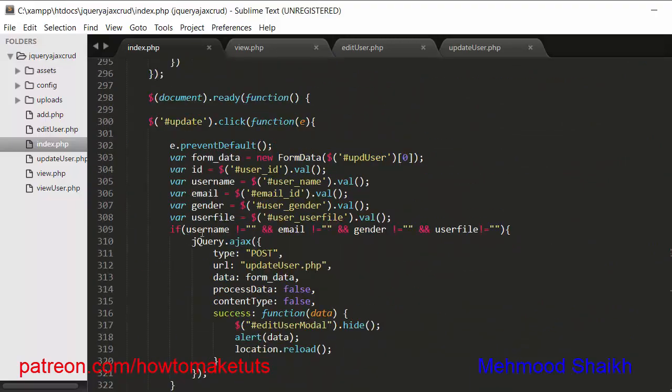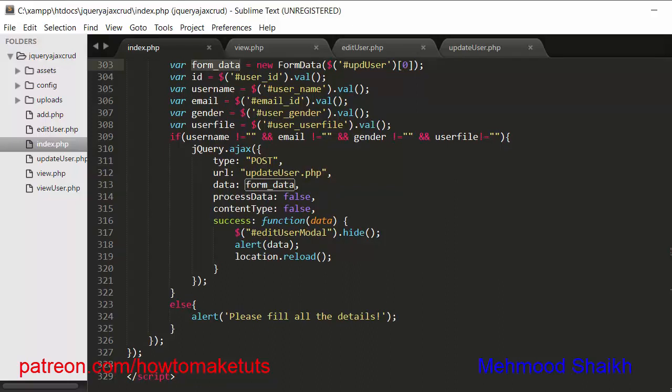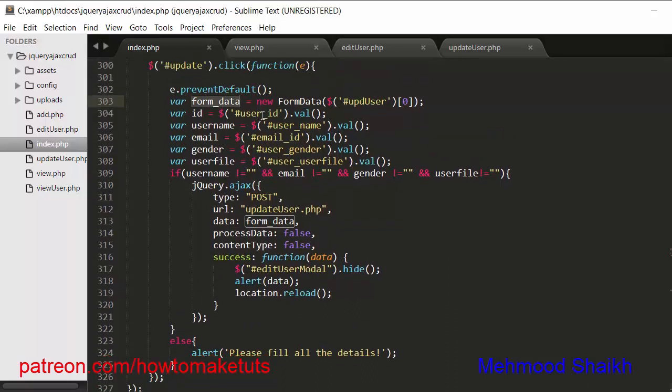Next, I'm checking whether username, email, gender and user file fields are empty. What if the user tries to submit the form without entering the information in any of the text boxes? In that case I should display a message as please fill all the details. And then I'm making an AJAX post request to update user.php with the form data. Here I'm collecting the form data. I had created the object at the very beginning, and with the object of the form I'm getting the data, and I'm passing that data to update user.php,